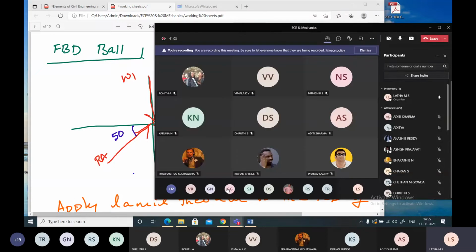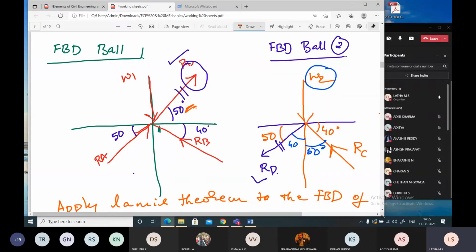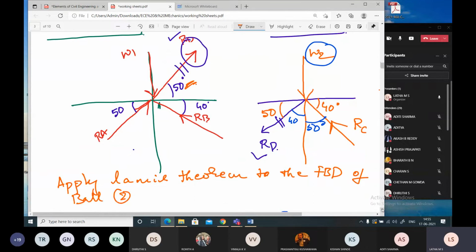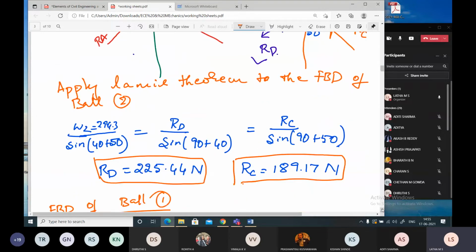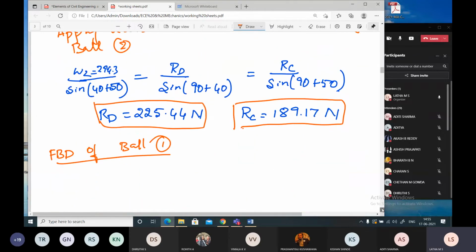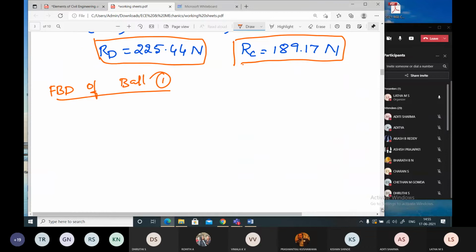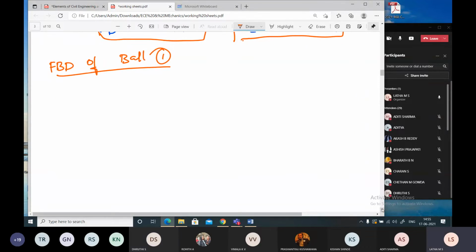Okay. There was some network issue, students. Now calculate. Apply equations of equilibrium. Am I audible? Screen is visible to you, students? Yes, ma'am. There was an immediate drop in network. I don't know for what reason.